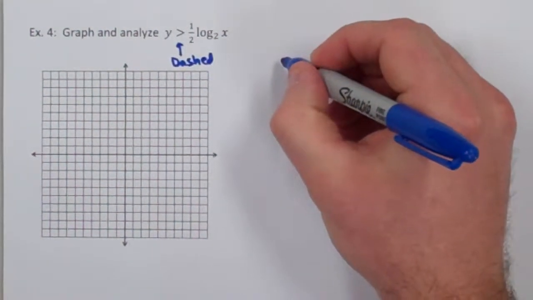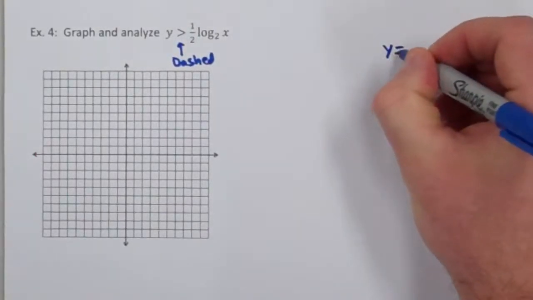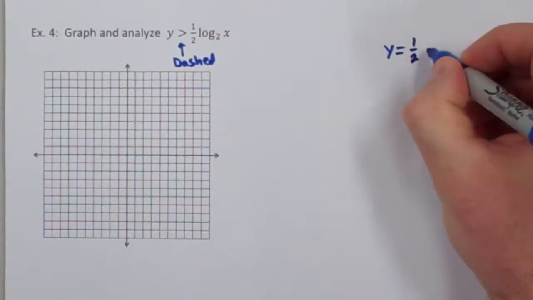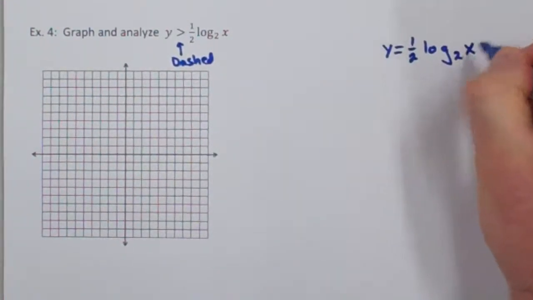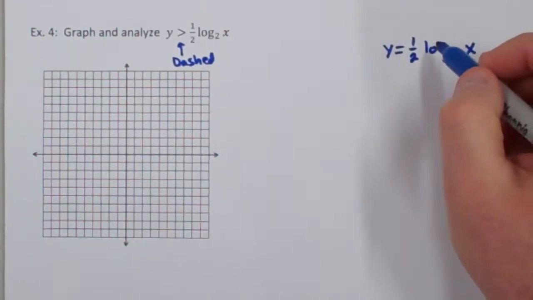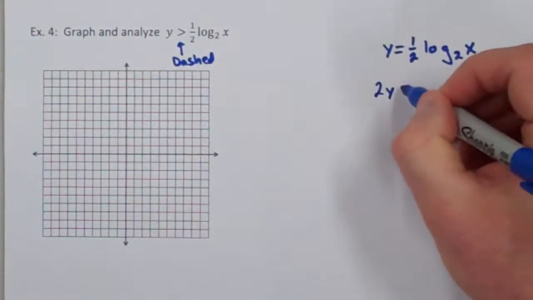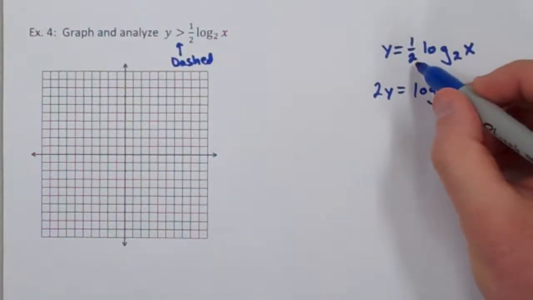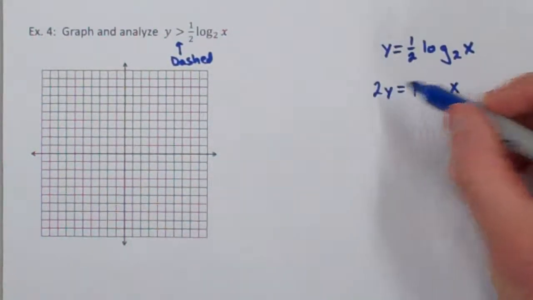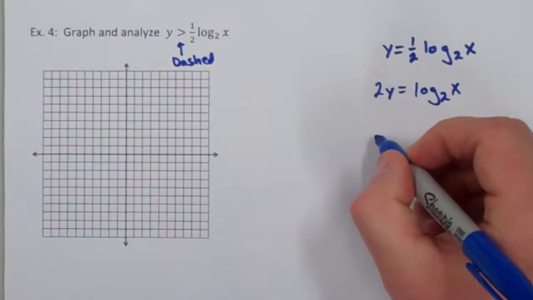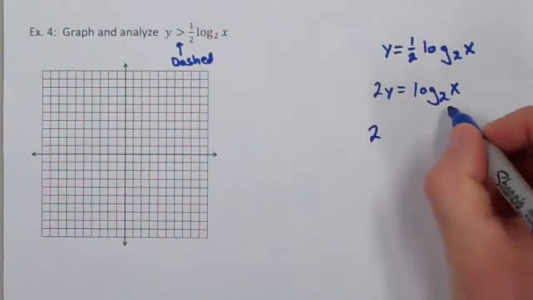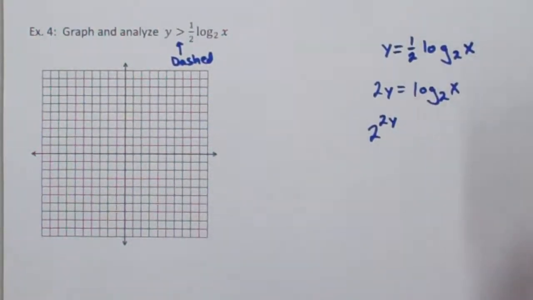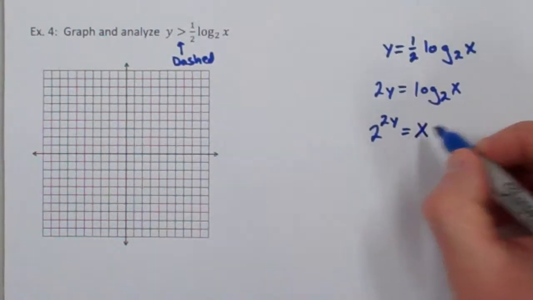To graph this, we're just going to go ahead and treat this greater than sign as an equal sign, although it's not, and we will try to solve for x here. So to do that, let's multiply 2 on each side, so we're going to be left with 2y is equal to log base 2 of x. The 2's would cancel here. 2 over 2 is 1, and that's 2y. And then we can change this into exponential form, so the base is 2. We're always solving for the exponent in a logarithmic equation,